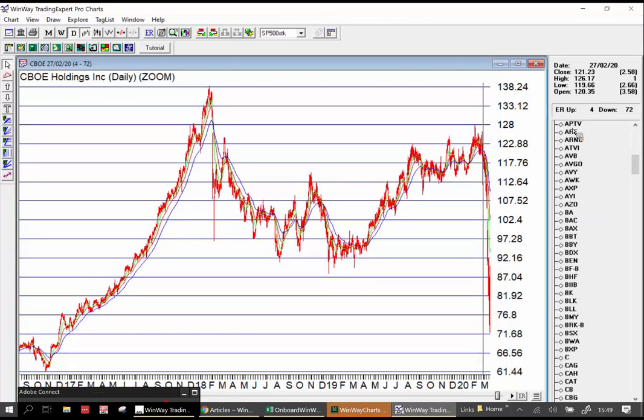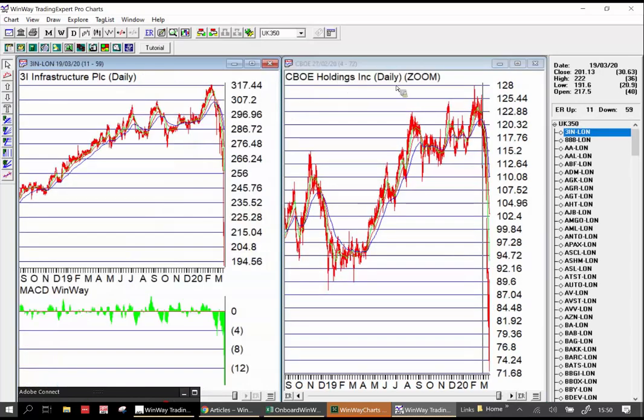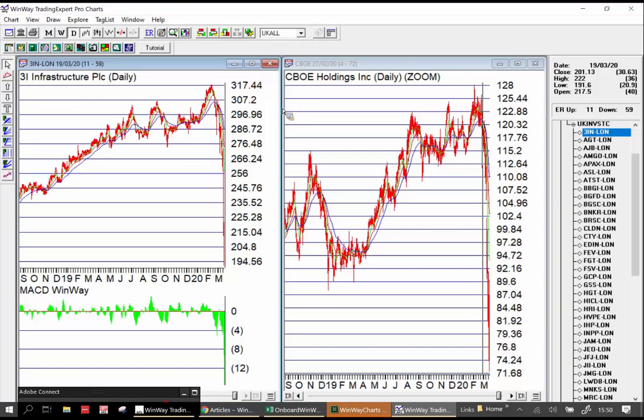Now the list view, as I explained, is a view of all the stocks that are in these lists. If I wanted to look at the UK 350, I click on that and I can see the whole of the UK 350, again in alphabetical order. Now equally, I can look at UK All,